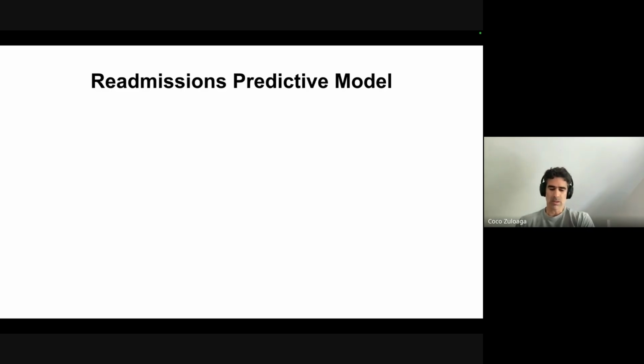Training predictive models, like Brett was saying, concurrent models, it's different if you're trying to build a model to benchmark versus a model to predict how you're going to do next year. If you're trying to predict how you're going to do next year, it's a good idea to train the models on your own data. But for benchmarking purposes, it's better to train on a large population that's external to you, and then you're benchmarking against that. The whole point is to compare to some external population different than your own.